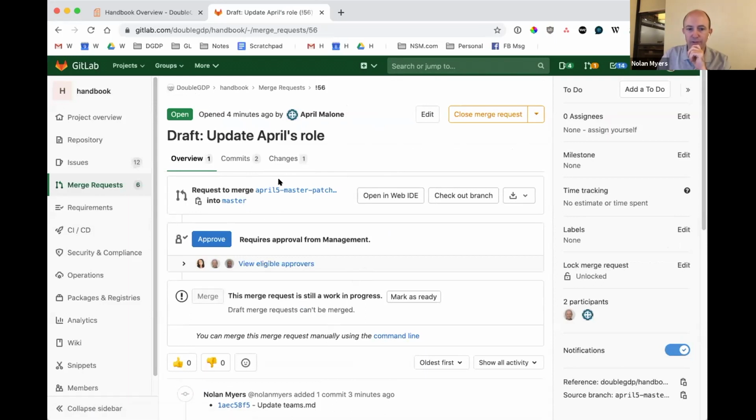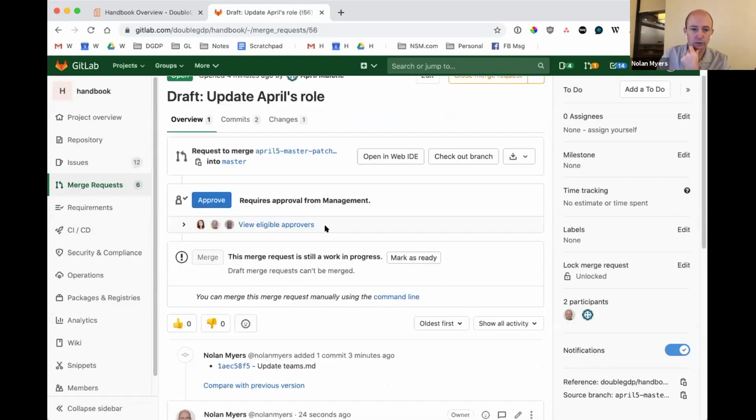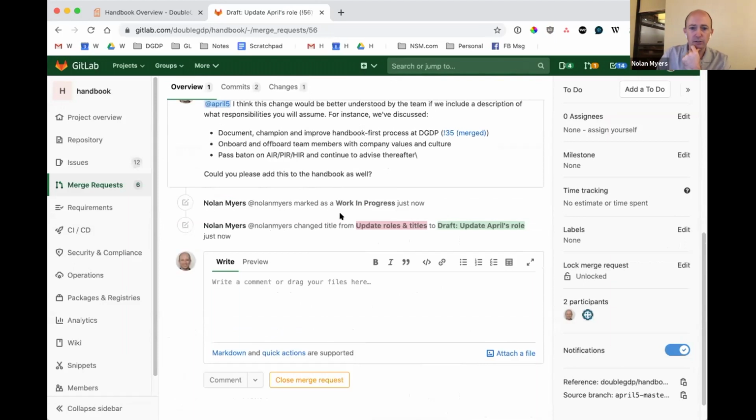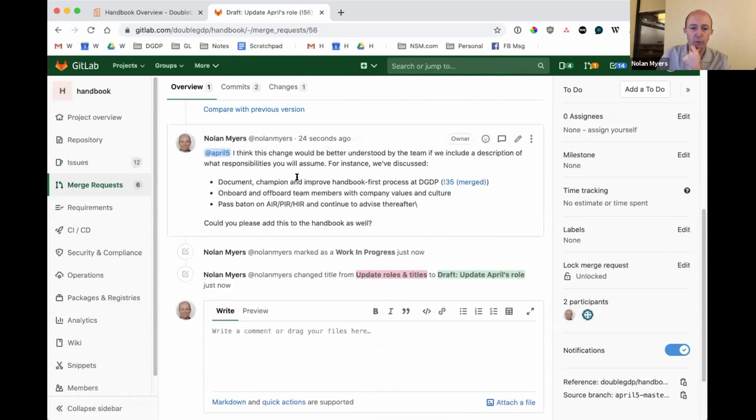Now we have, and we're actually going to a slightly more advanced thing here. So let me just give you a quick tour of what this is doing now. So what I'm basically saying is, I think we haven't yet explained what your role is, and I would like to do that in this same change.